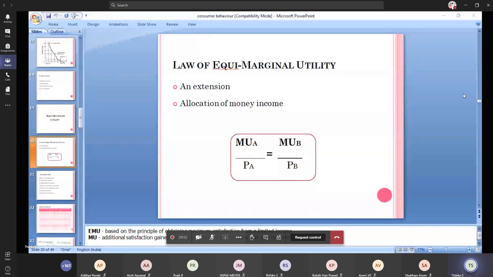Ma'am, can you give an example, like a product example, so that it would be easier? Yeah, okay. In this theory also we have the table and the diagram. While we are explaining the table part, we'll have an example and we will discuss it.